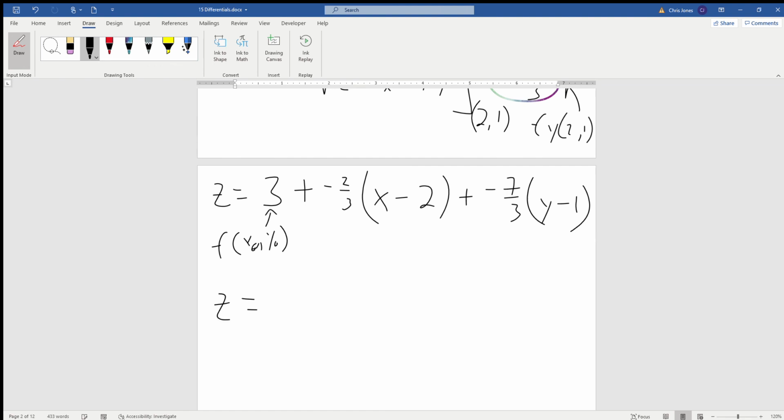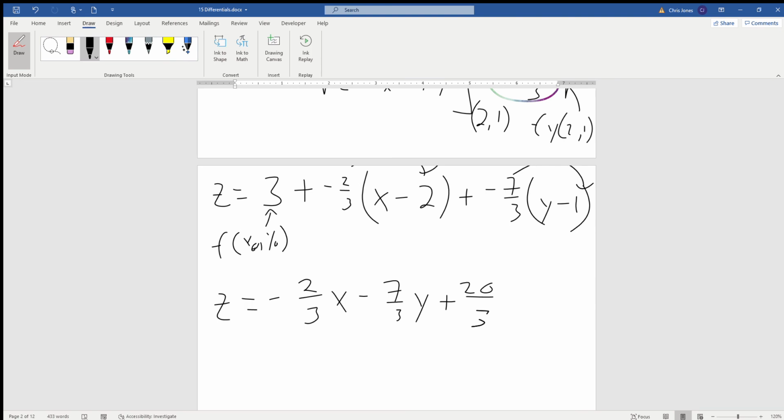So z is going to be equal to, now if we distribute that 2/3 times 2, and we add to that 7/3, and we add to that 3, we end up with 20/3. So this is the equation I get just by simplifying the above. So it's negative 2/3 x minus 7/3 y plus 20/3. All right, so I just distributed,